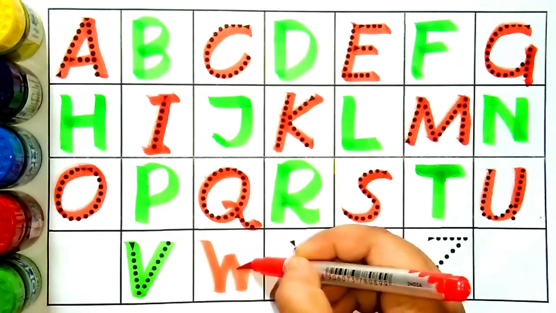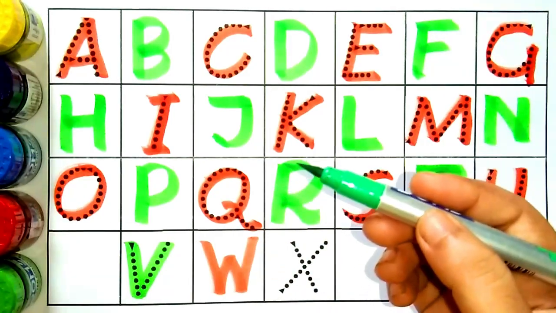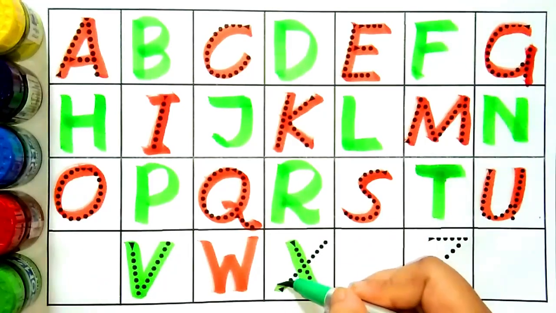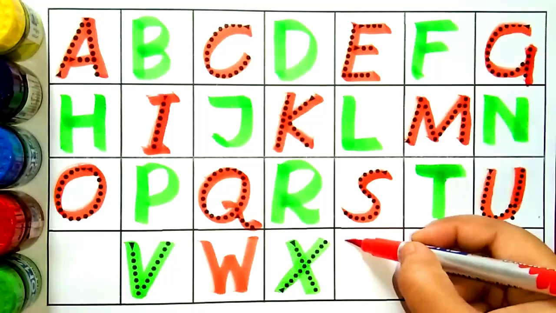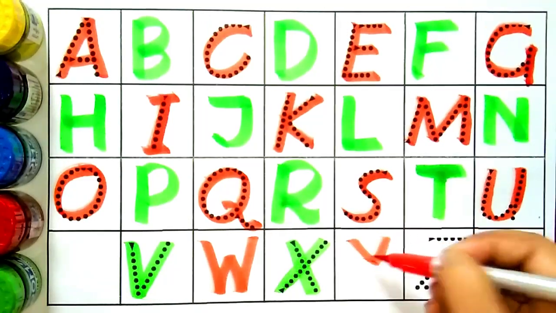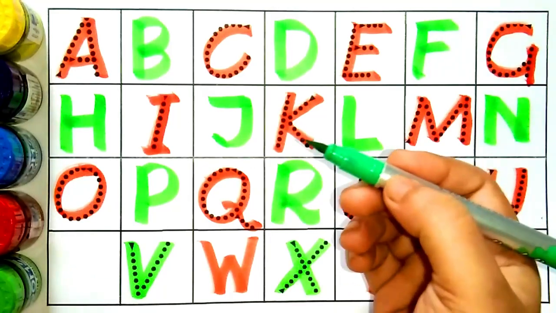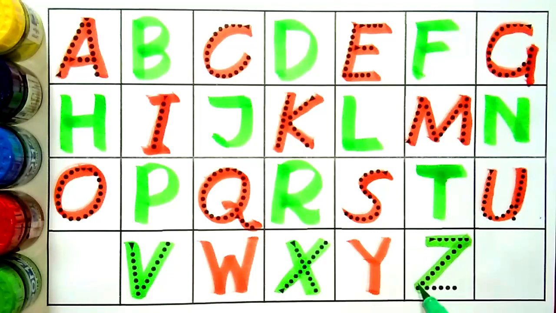W for water, light green color. X for Xmas tree, orange color. Y for yo-yo, light green color. Z for zoo,